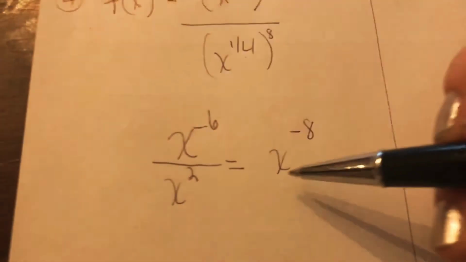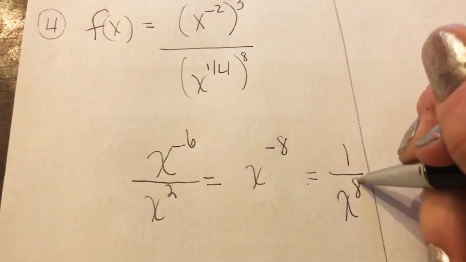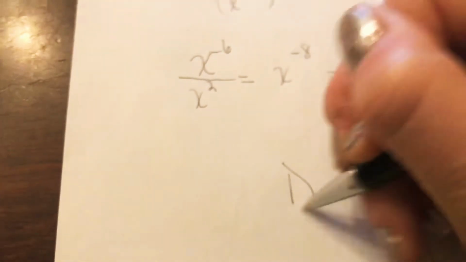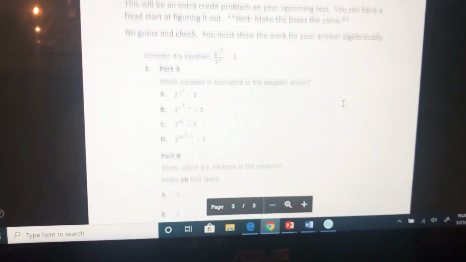1 over x to the +8. I'll say that again. This is equivalent to 1 over x to the +8. So your answer is D. 1 over x to the +8. All right, and then this last one is an extra credit that's going to